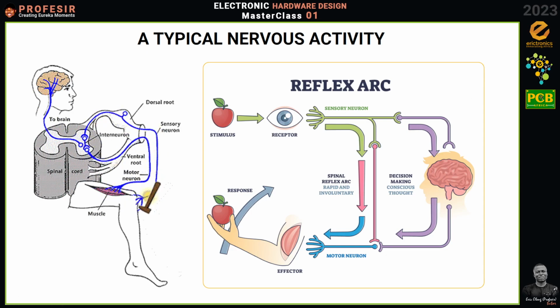Now let's look at a situation where you are walking somewhere and unknowingly you step on a nail, right? You see that your body actually performs the necessary actions required to take your leg from the nail before your attention even comes onto the fact that you have stepped on the nail. Now these are some of the biological features that help the human body to protect itself, right?